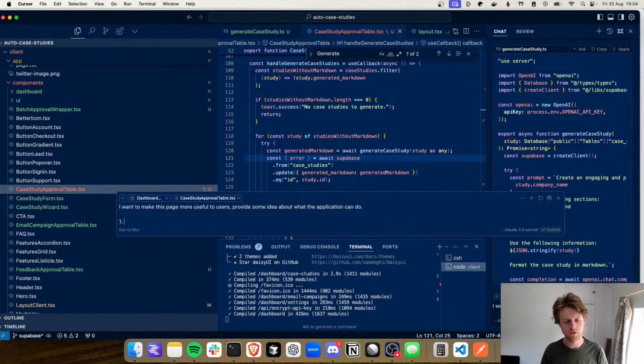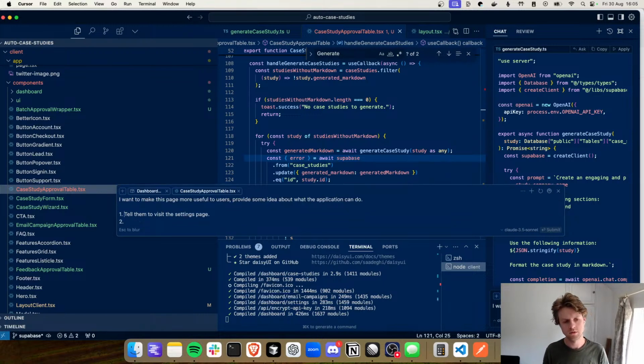Number one, tell them to visit the settings page and set up Stripe. Number two, we need the users to make a really nice card sharing their personal case study link and add copy to clipboard with a use hook. The link can be obtained using /case study